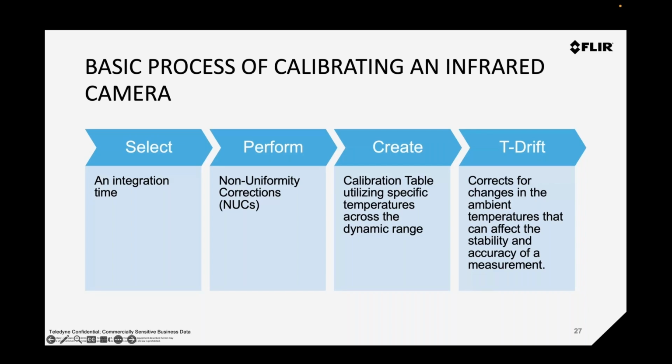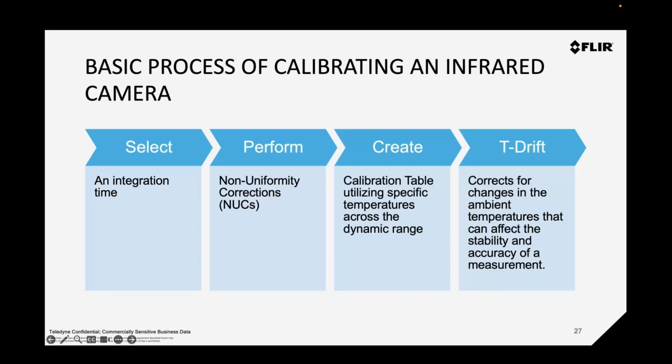Then the next step is to perform a non-uniformity correction. It's performed to align each pixel utilizing gain and offset tables along with a bad pixel map. Essentially, this gives you a cleaned up and uniform image. Once you have this cleaned up and uniform image, and you have an integration time that's getting you the best imagery possible, then